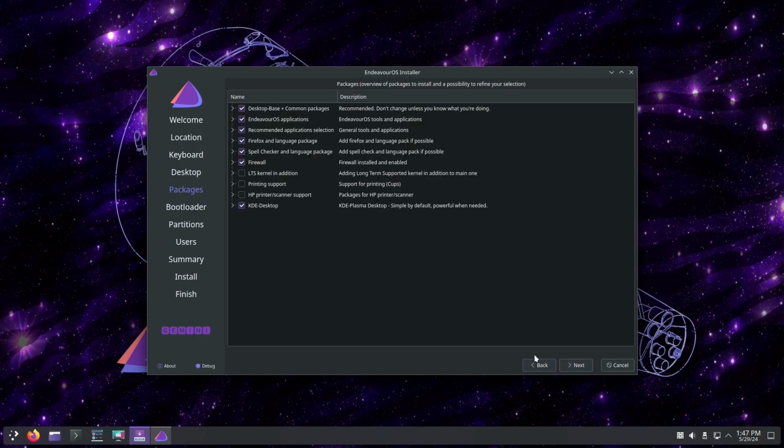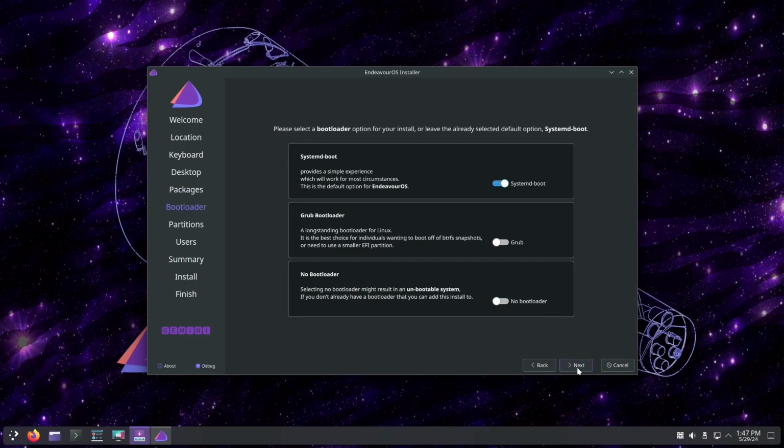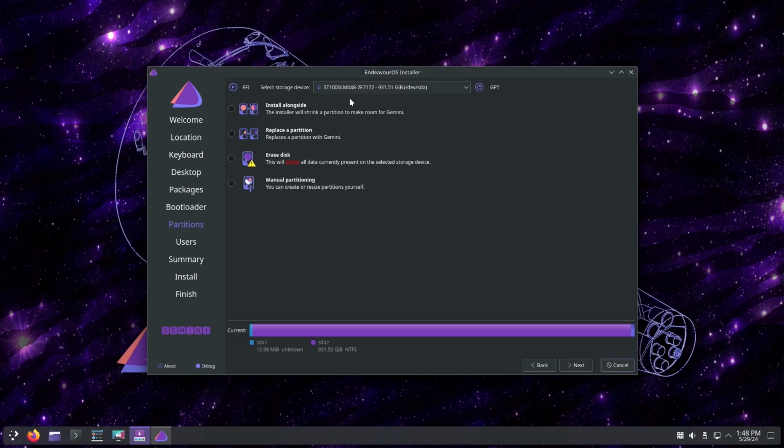Oh, wait. This is the package installer, and we'll leave everything by default and skip. Boot options. We're going to use systemd-boot because it's, you know, the default. Here we have to make sure that we selected the correct drive because you don't really want to accidentally delete